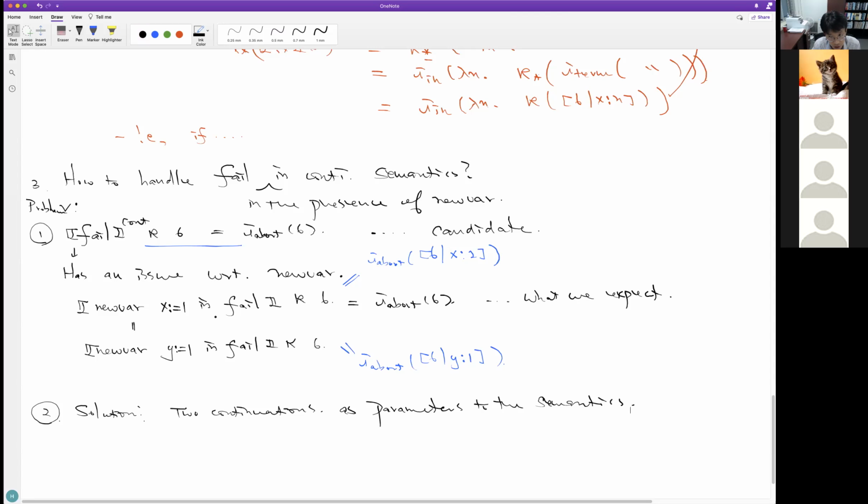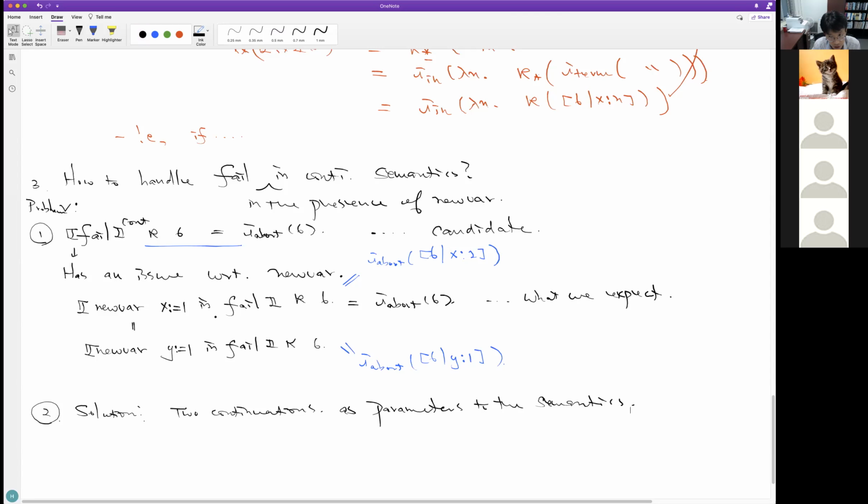For sequential composition, maybe I'll put it as an exercise. Given two continuations, kappa T, kappa F, and sigma, I want you to fill in the rest. What's the semantics for C1, C2?